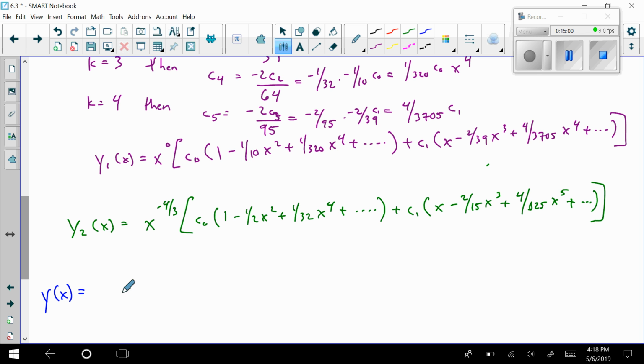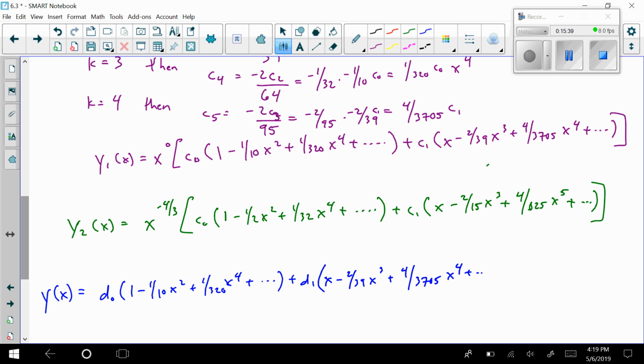So instead of doing it that way, I will write this d naught here times 1 minus 1/10 x squared plus 1/320 x to the 4th plus so on. Then I have plus this d sub 1, and then that's times x minus 2/39 x to the 3rd plus 4/3,705 x to the 4th plus dot dot dot